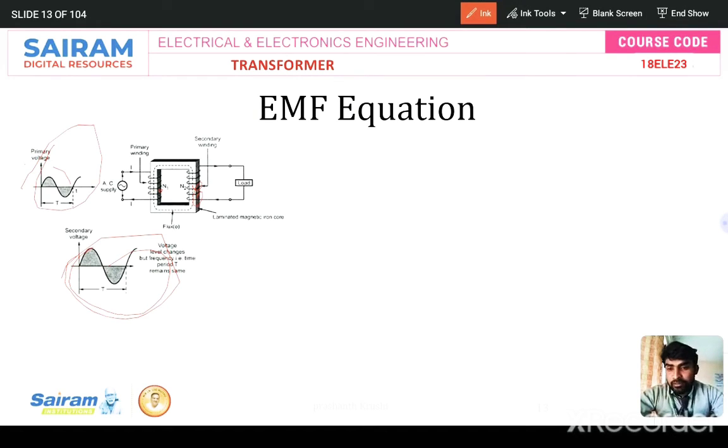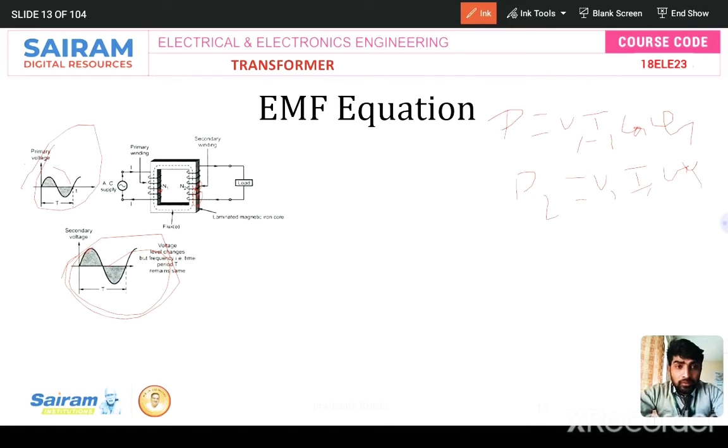So supply is given to the primary side, which induces EMF in the secondary side due to mutual flux linkage from primary to secondary. So phi 1 is linked with phi 2 due to mutual flux linkage phi m. So it induces EMF, right? I'll just write the equation of input power. Input power I can say V1 I1 cos phi 1, okay, and output is V2 I2 cos phi 2, I can say, right?